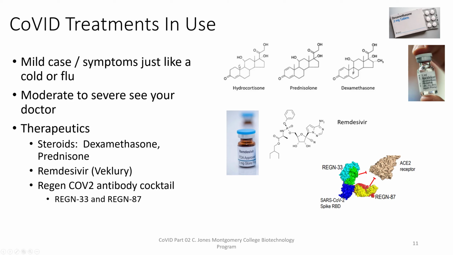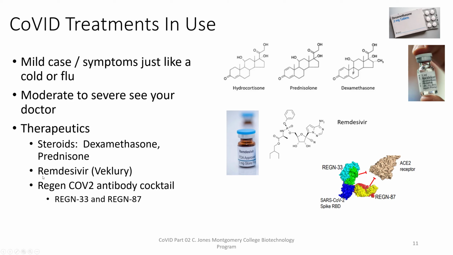These are steroids, and what steroids do is suppress your immune response. Specifically, they suppress your inflammatory response, because it's your inflammatory response that's actually causing all the damage that's making you sick. So the steroids knock that down, they suppress it. But steroids can also have neurological effects. They can affect your brain function. So if you take steroids, be sure that you follow the dosing regime exactly.